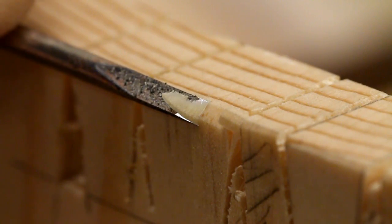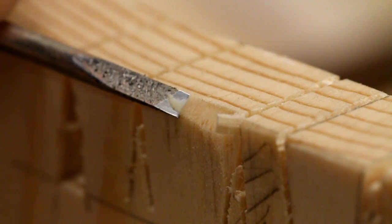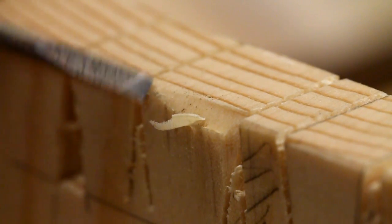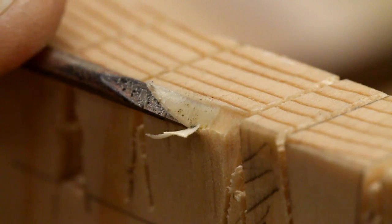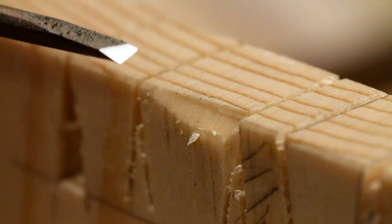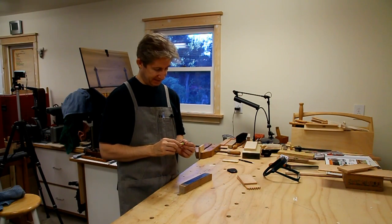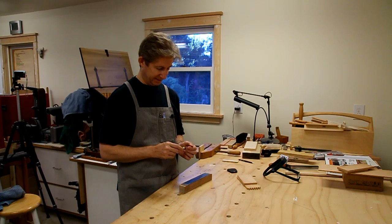Well, I think that's pretty good. Certainly enough for what I need. Not bad for a screwdriver. Well, I'd say this was a success. It cuts beautifully. Now certainly the edge doesn't hold up very well because obviously this is not hardened steel,